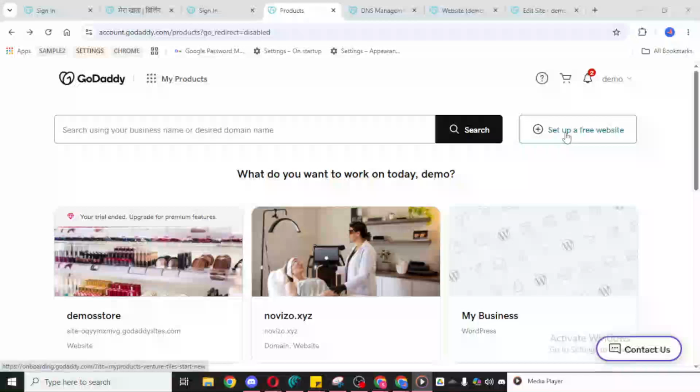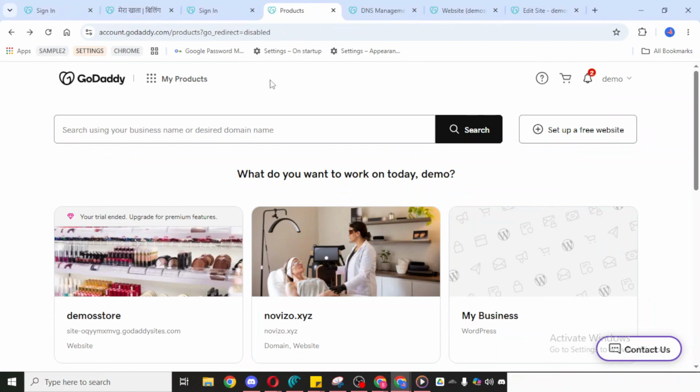In today's video, I'm going to teach you how to change DNS in GoDaddy. If you need to update a DNS record for your domain, GoDaddy makes the process fairly straightforward once you know where to look. In this walkthrough, I'll guide you through the exact path inside your account so you can quickly find the right setting and make your change with confidence.